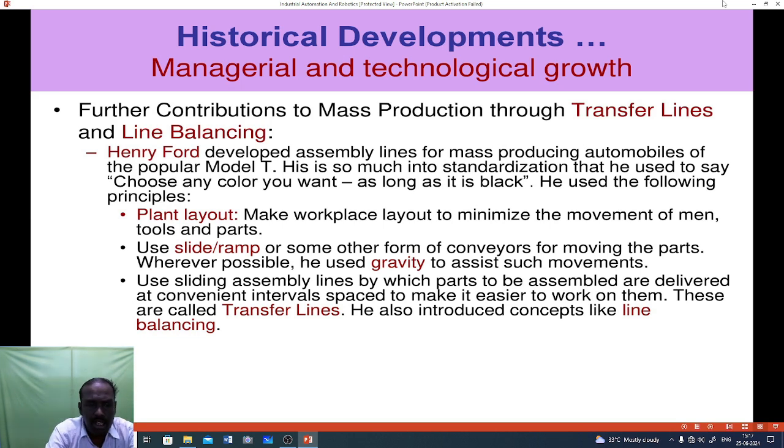This also introduces the concept of line balancing. So what is important is line balancing, plant layout, gravity and transfer line. According to the line, assembling and delivering conveniently, you have to work to reduce the movement of work. Making the workspace, we have to minimize the movement of man, tools and parts. This is a very important thing in plant layout design,